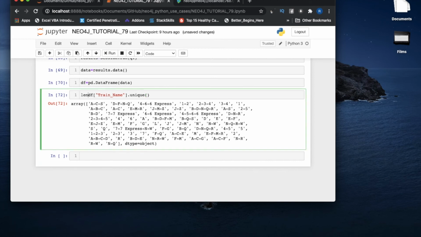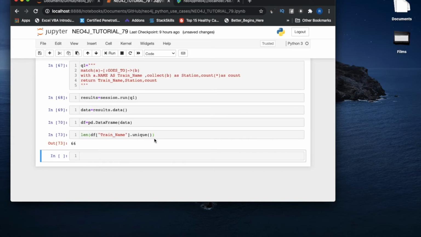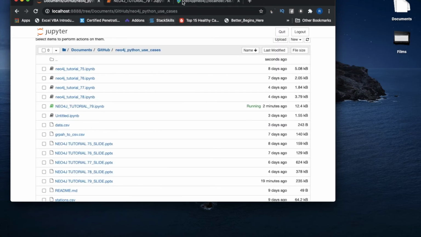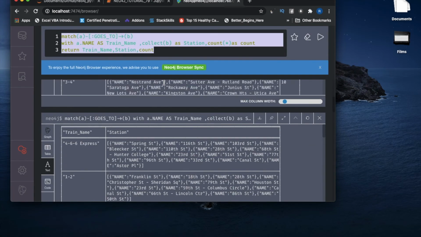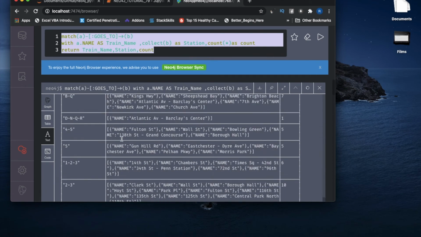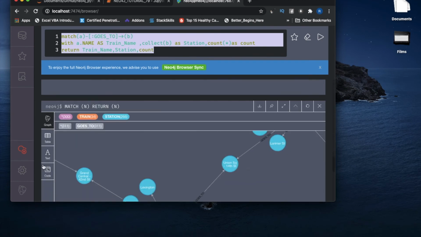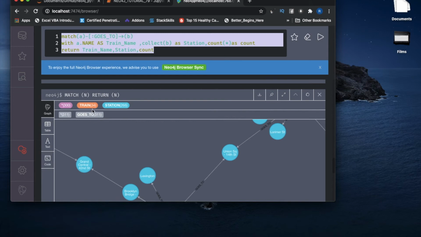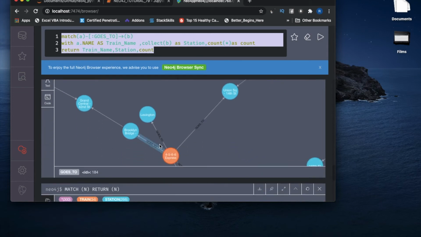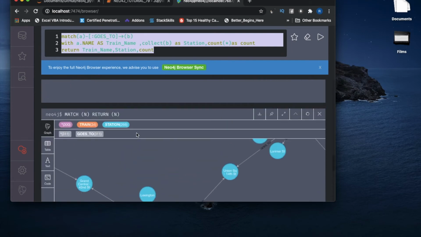So let me just check with the length. See, total 66 is unique, so that is why we got 66. But here is something strange, I didn't understand. Let me check this thing. Train is 34, station is 266. Okay, this is because maybe